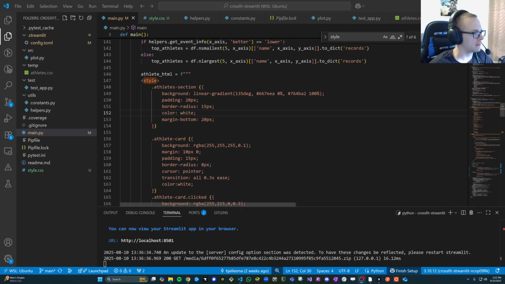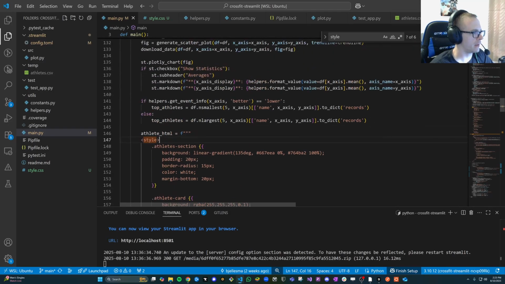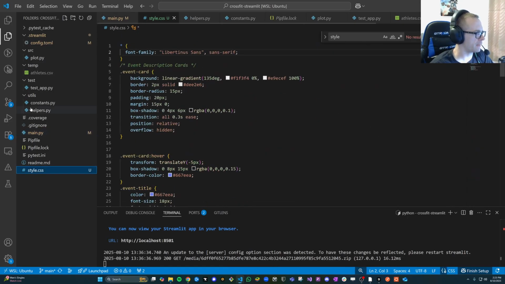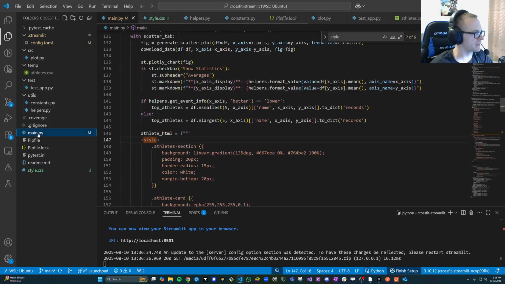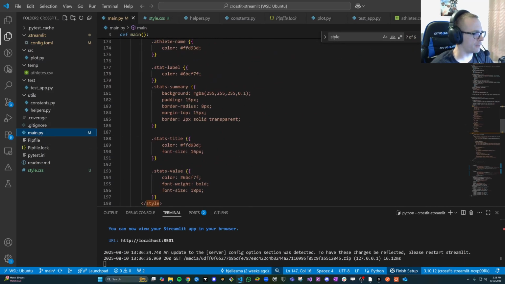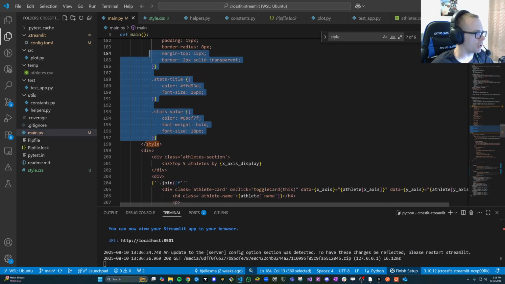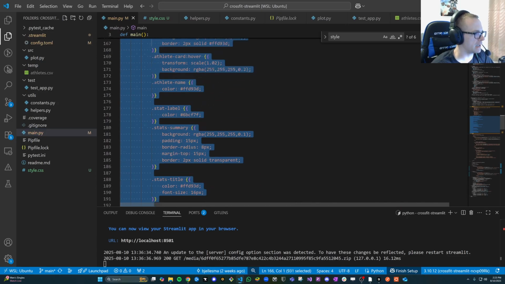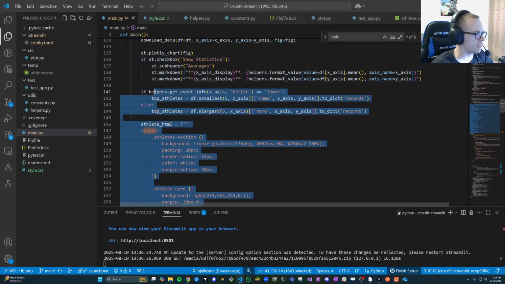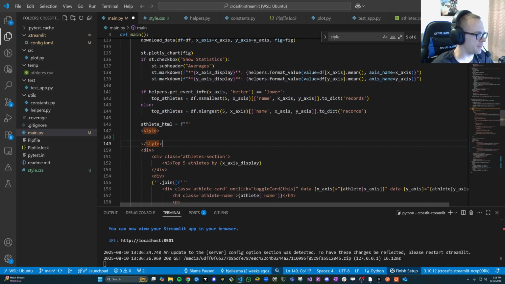Alright, hey all. So, what I want to do in this one is continue on with the style sheet that we have here in the style.css file. We have all these styles here for the actual HTML component. Now, let me just show you if I just try to copy and paste these. So, let's cut and paste. Let's take out this style tag